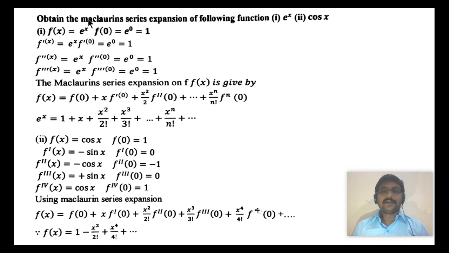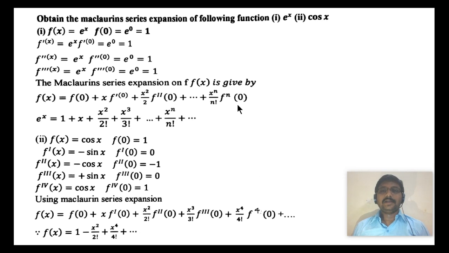The functional values are always e power 0, which is 1 here. In this problem, the functional values are e power 0 is 1, whether it is f dash of 0 or f double dash of 0 or f triple dash of 0. The functional values are 1 here. Now substituting all these values in the Maclaurin series formula. What is the formula? f of x is f of 0 plus x into f dash of 0 plus x square by 2 factorial f double dash of 0 plus x cube by 3 factorial f triple dash of 0